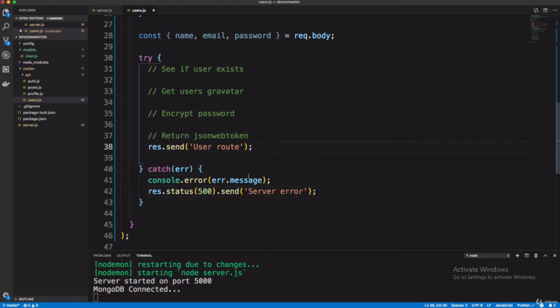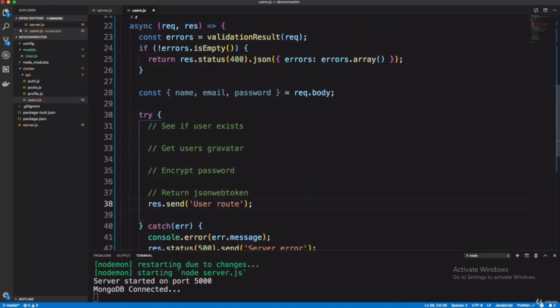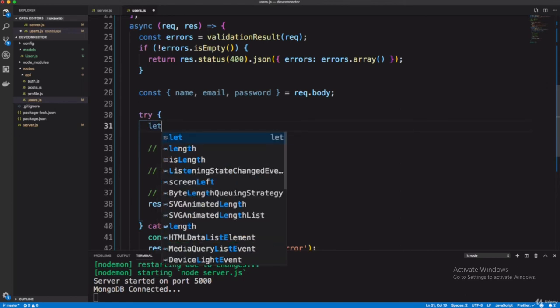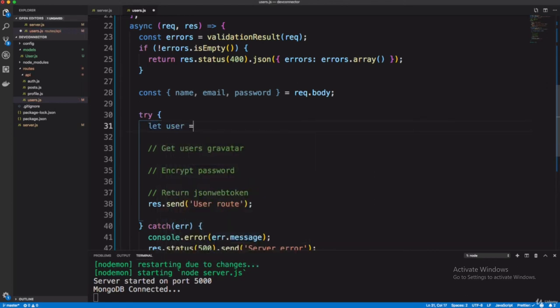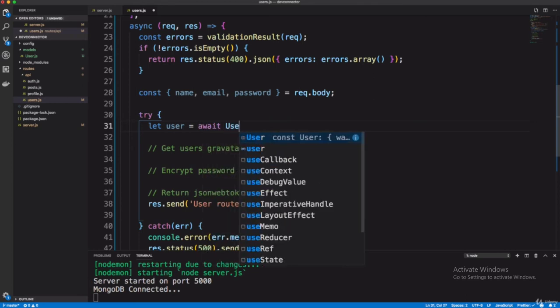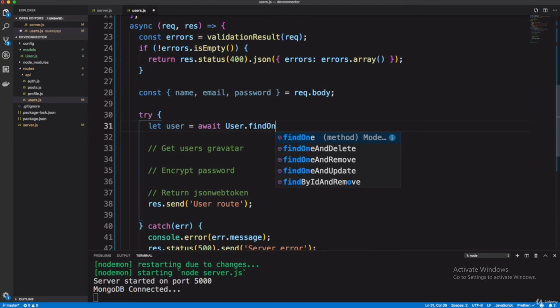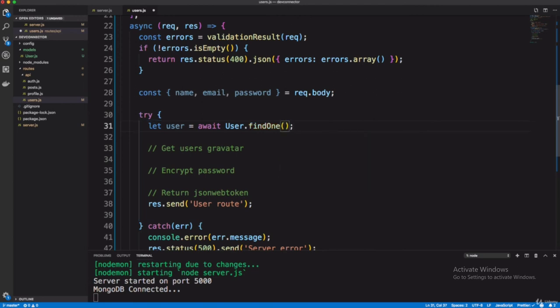Okay, fine. Now going to the try block, and here check whether the user exists or not, and we can check it using its email. Let user equal await, because we are switching to async await. User.findOne, if the email is present or the username is present, as you want to check.